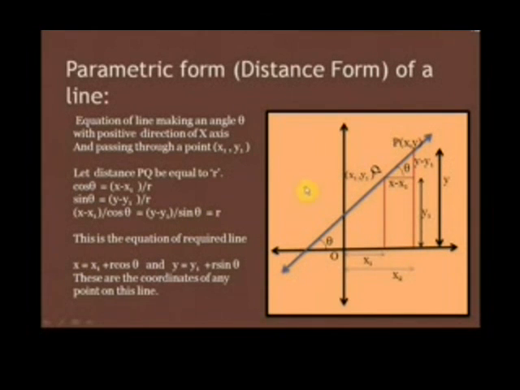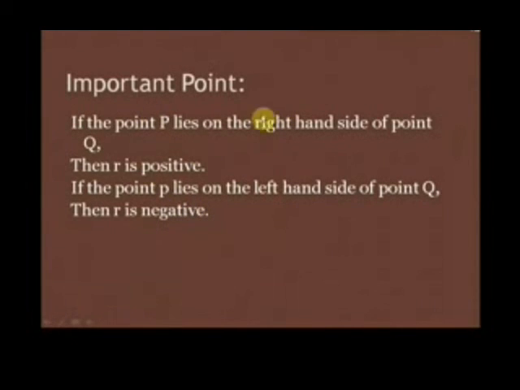Now the coordinates of any point P on this line would be x is equal to x1 plus r cos theta and y is equal to y1 plus r sin theta. So these are the coordinates of any variable point on this line. Now important point to note is, if the point P lies on the right hand side of point Q,